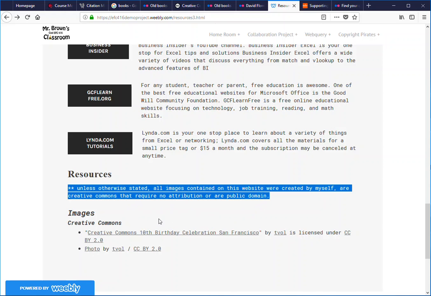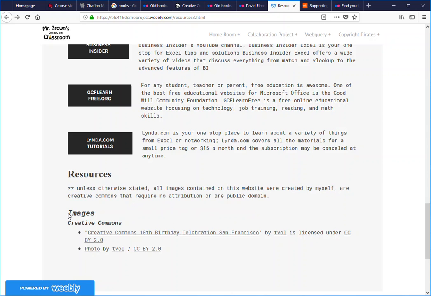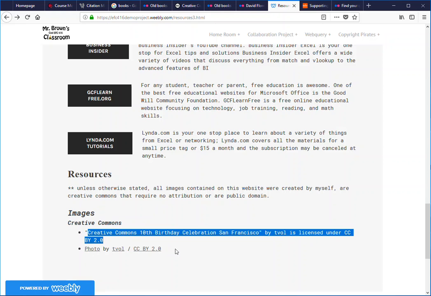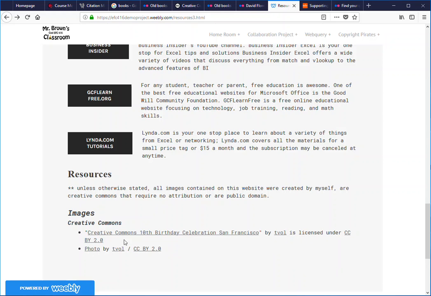Okay, they're mine. And then below, you're going to have a section for images and for websites or whatever you want to use, even movies if you wanted to. So here are a couple different ways. These both are correct ways of citing Creative Commons. I like the first one. It's a little bit more descriptive. It goes by the name of the image, and it tells me the author,